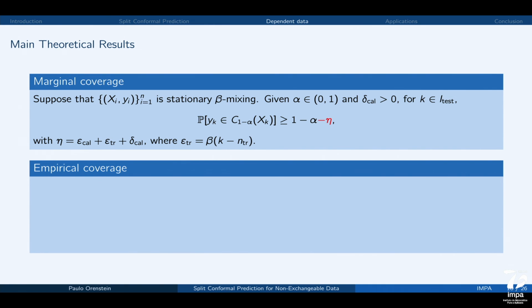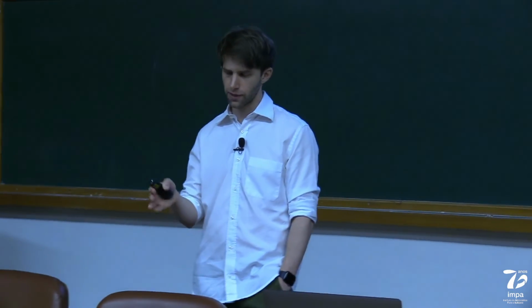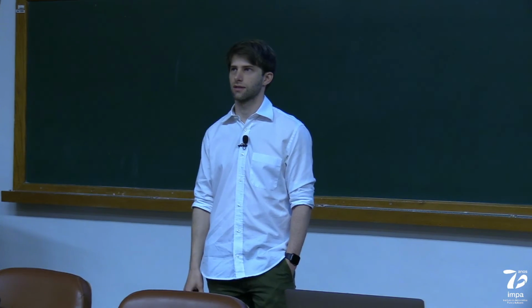So the randomness of this probability is integrating over the randomness of x, y and the randomness of the algorithm. Is that right? Right. You can integrate over the entire data. So all the training data, the calibration data, and the test data. Okay. But